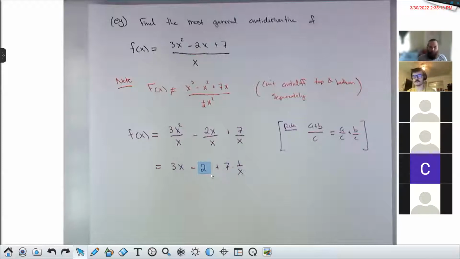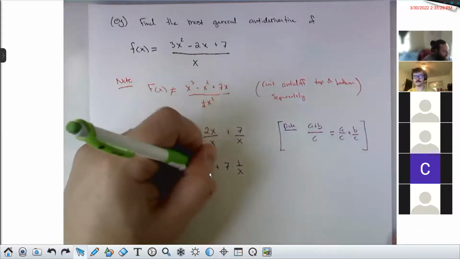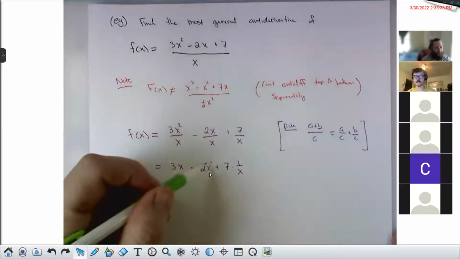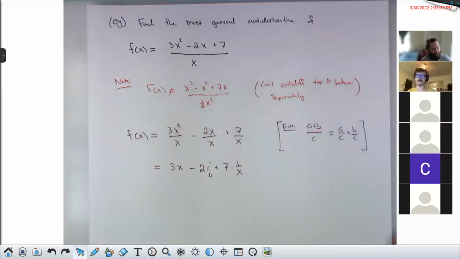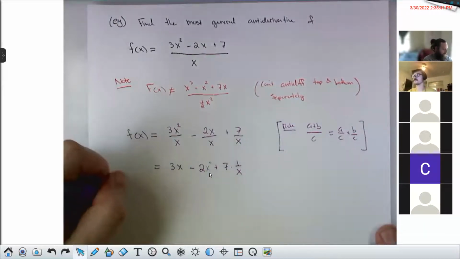The constant term 2 here might throw you off for a little bit. If you think critically, pause for a second, and ask who has derivative 2, you realize it's 2x. You could also think of this 2 as 2 times x to the 0 if you wanted. And then your power rule does work when n is equal to 0. It says add 1 to the power, so the power would become x to the 1, divide by the new power. But however you like to get there,